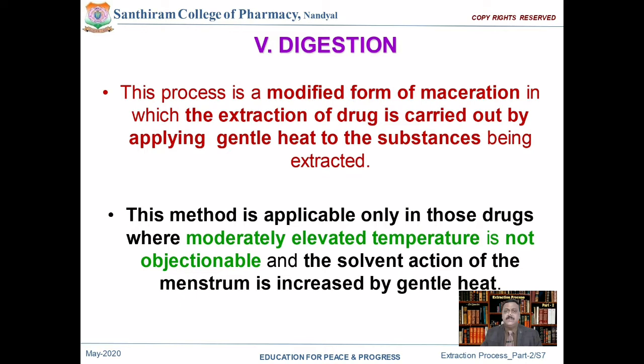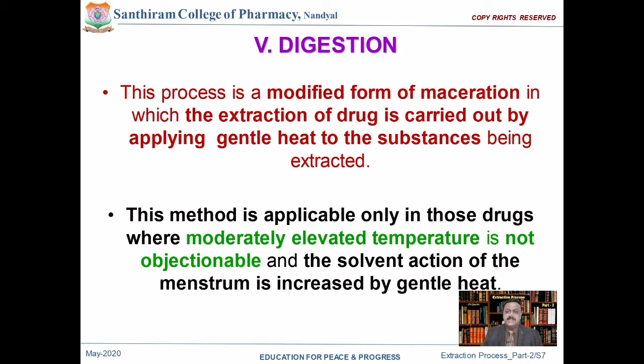And again you have to remember, this digestion process is suitable for those type of sample material which contain active ingredients which are heat stable, right? Because you are applying a gentle heat. Gentle heat is not like a very elevated temperature heating process, but a moderate temperature is applied here. Still, you have to ensure it does not contain any material which is sensitive even to gentle heat.